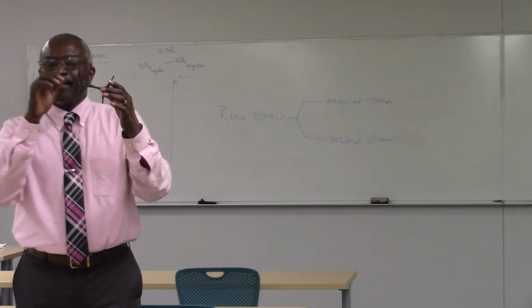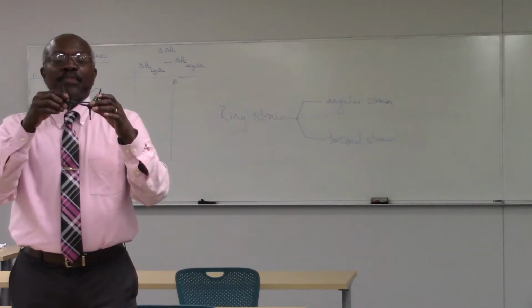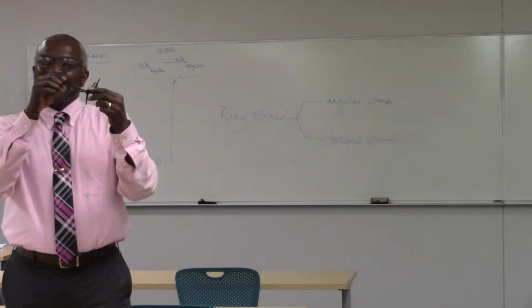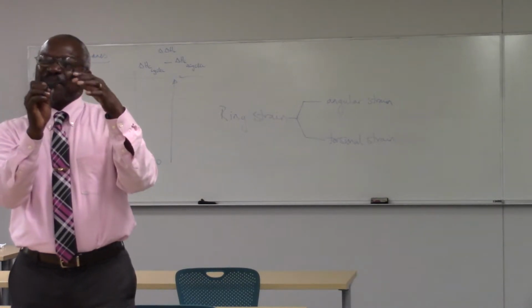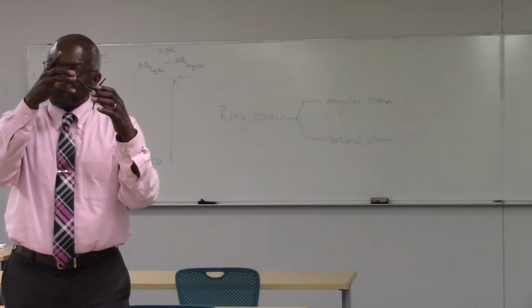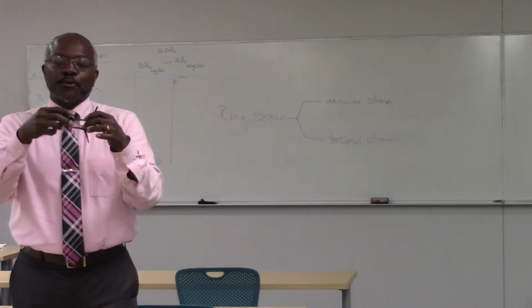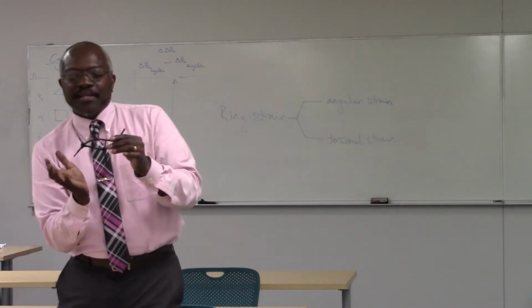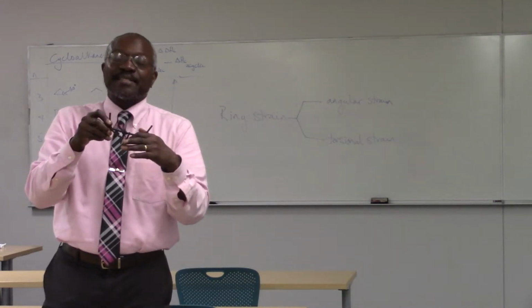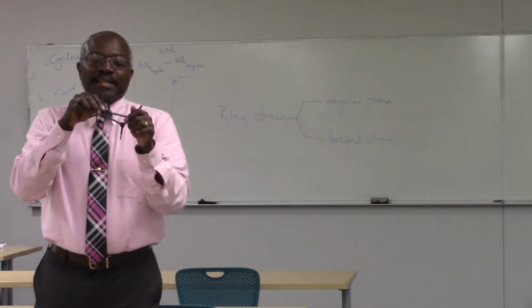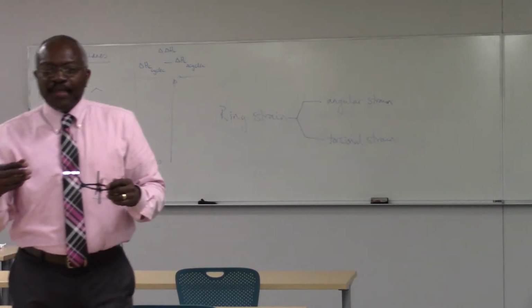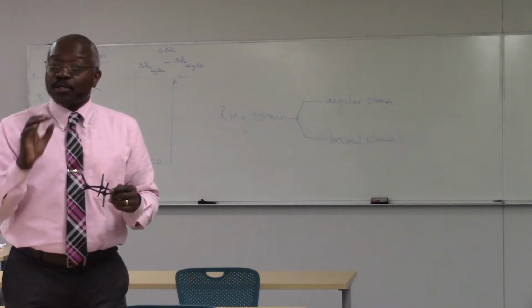Now if I twist it, you can see this set is eclipsed, but I can have these two, it's not staggered, but it's not quite eclipsed. And the flexibility takes turns rotating around the ring. So at some point, this one is slightly, it's not quite staggered, but it's slightly staggered, and then this one will be, and then that one will be, and so on. So I can decrease, to some extent, my torsional strain.